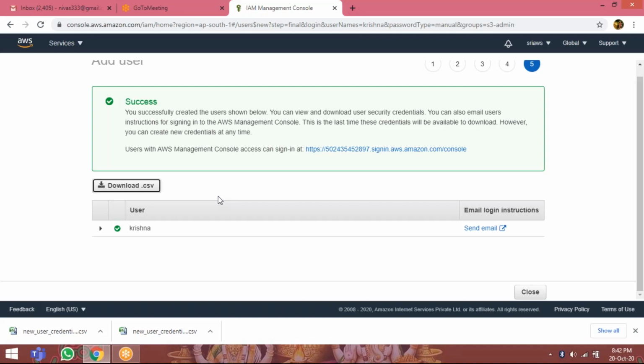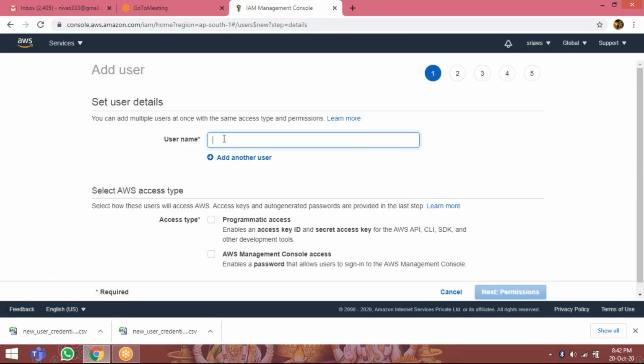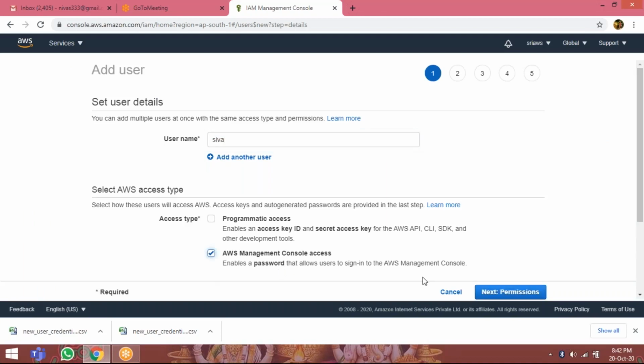Now I want to create a user account and give both accesses. I gave EC2 for Kapil and S3 for Krishna. Now I am going to create one user account with permissions to both. So again, click on close. Add user. Username Shiva. AWS management console.